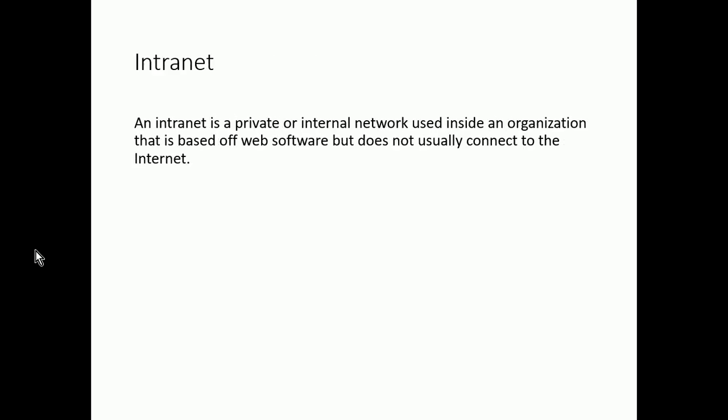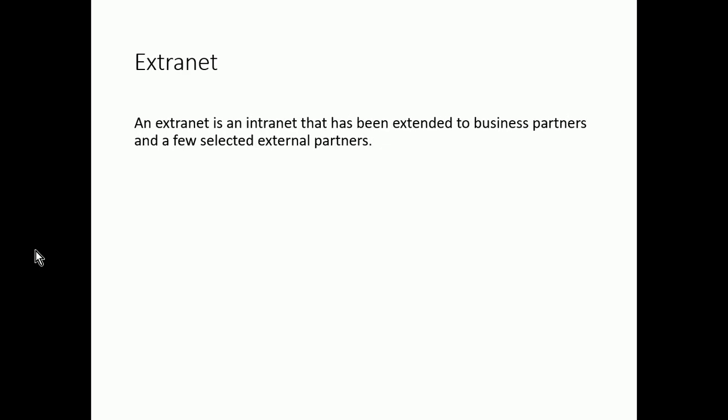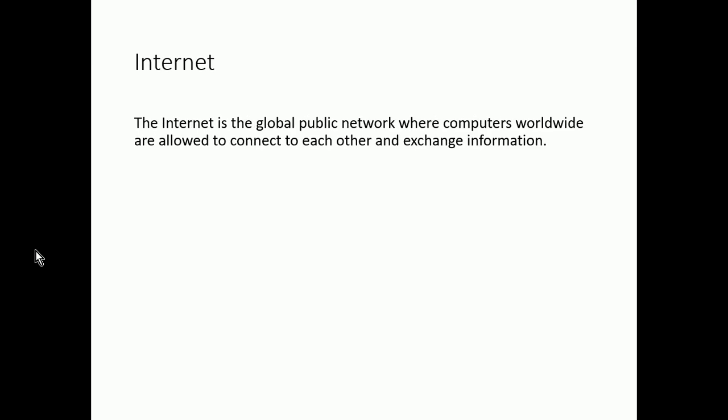So, some types of networks. Obviously, we know what the internet is, but an intranet is basically our internal network, right? Our interconnected internal networks we usually call an intranet. An extranet is the portions of our internal network that are accessible to business partners. So it's not a publicly accessible thing. It's typically things that we expose to partner companies or organizations through which we're somehow coupled that need access to information within our network. And then finally, we have the internet, which is our global public network through which we can all exchange information.